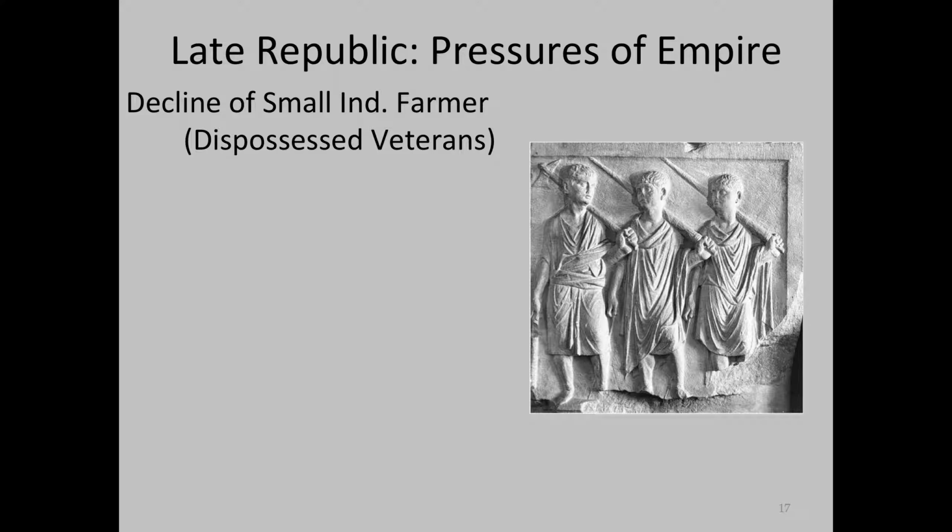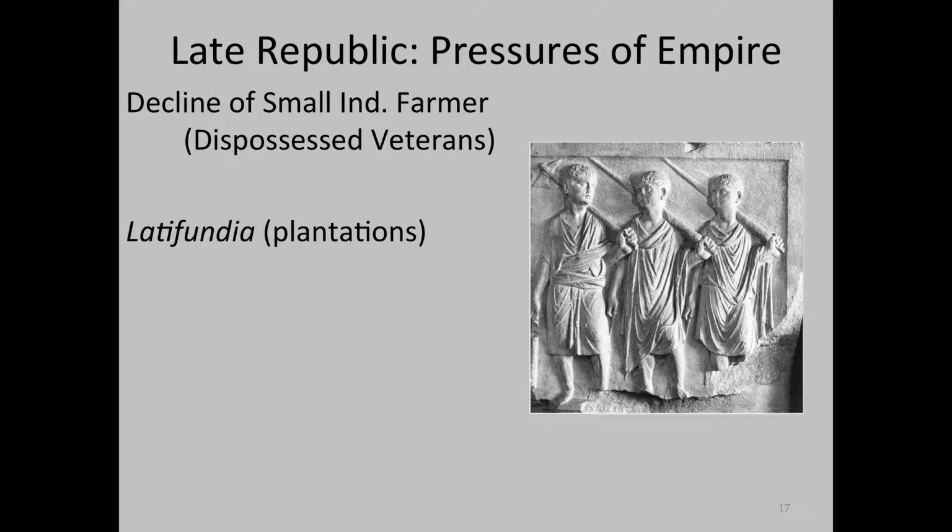So when they came back, the veterans were dispossessed from their land. While they were away, because oftentimes the family members could not keep up the farms, the farms were seized and converted by the rich into large landed estates, or the so-called latifundia. Latifundia sort of means plantations or large farms where sheep, cattle, and wine were raised, not grain.